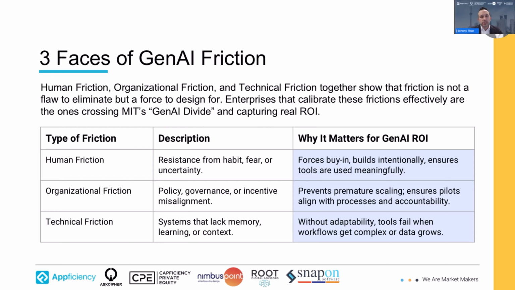And so when you remove that human friction, if you want to adopt generative AI and get ROI from your AI project, it really forces everybody to buy in that AI is the way to do this particular task or department or function of the business. And it ensures that the tools are used meaningfully, and that means everyone's inspecting the tool use all the time, and they live and breathe inside of that.